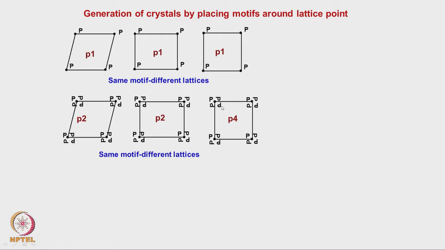Whereas here, it is a square lattice around which I am putting a motif which has a fourfold rotation. Okay. Now this exhibits the fourfold symmetry, correct? Is this clear? But you should understand that this exhibits only a fourfold symmetry. What is the symmetry of this square lattice, generally? 4 mm. But do you see that mirror? No, the mirror is not there.